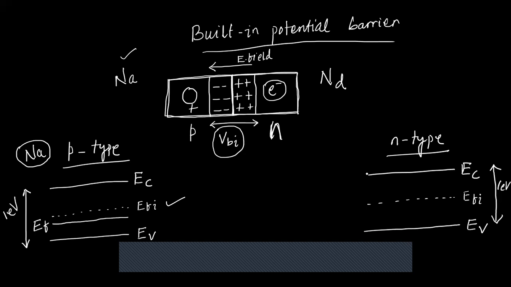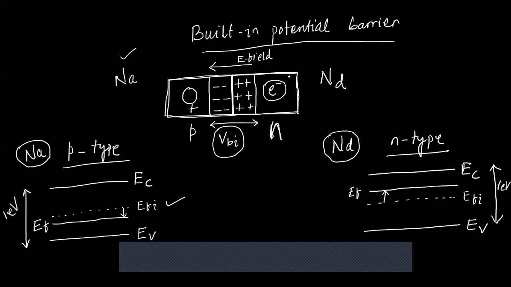Same way here, when you are adding donor impurity atoms to get extra electrons in the conduction band, because of these donor electrons, we said that the Fermi energy level will be shifted a little up from the intrinsic Fermi energy level. So you can see the change here. This will shift down in case of p type, or trivalent impurity. And for pentavalent impurity, the Fermi energy level will shift a little up. This is what we said.